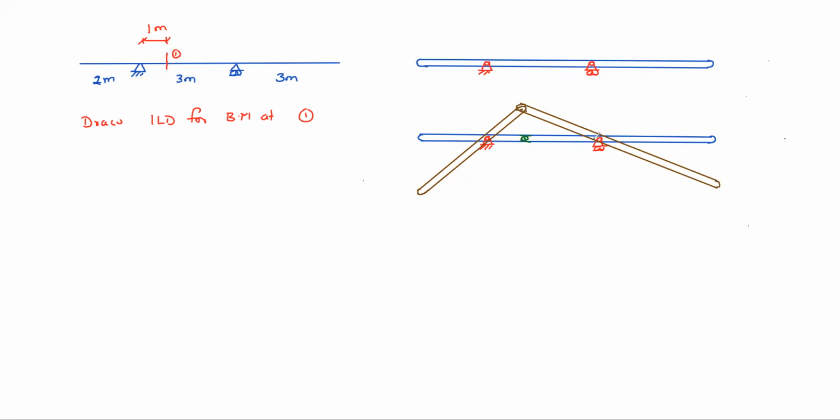Okay, so at A and B, these are hinges, and this is 1 meter and this is 2 meters, because total is 3 meters. This one is total 3. Okay, so 1 plus 2. So the central height also you can calculate. Okay, AB by L. For that, hinge to hinge span is 3 meters, A is 1, B is 2. So AB by L. Accordingly, you can draw ILD.